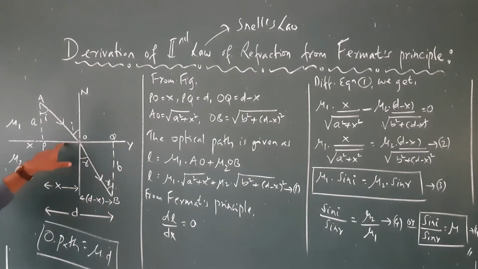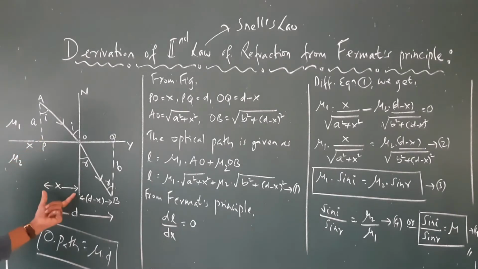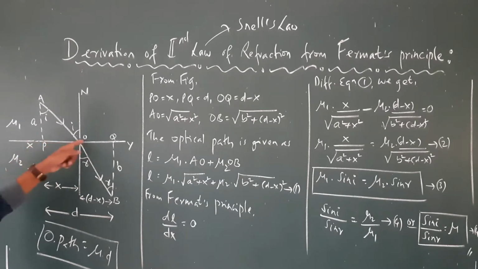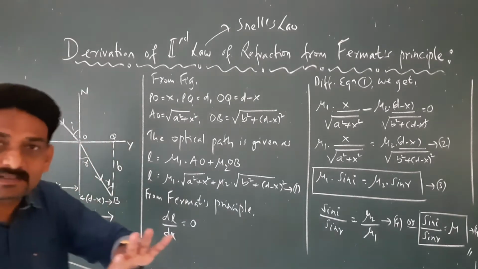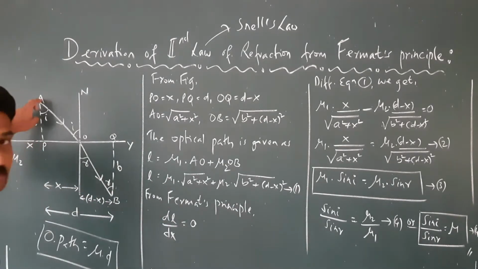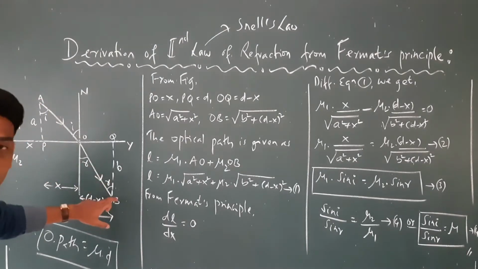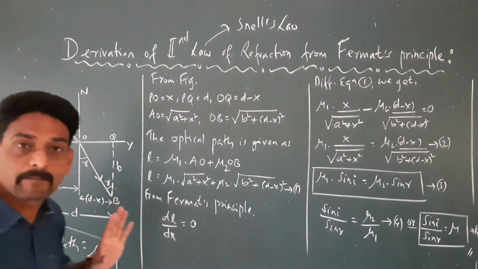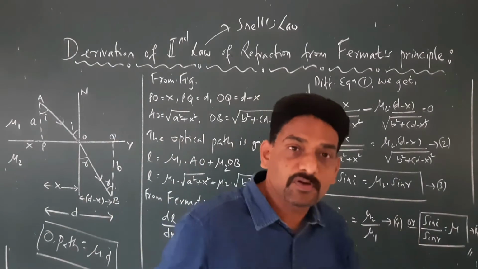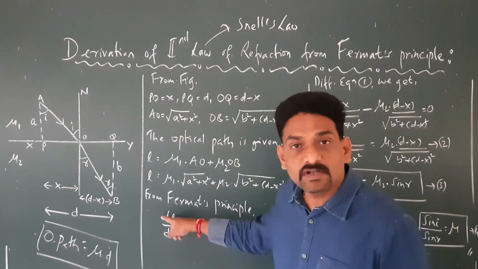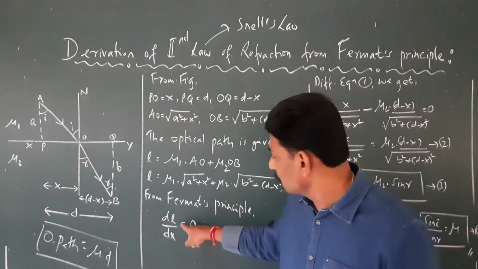O can change its position. If O changes its position, what does it mean? The value of x can change as O changes. Whereas the point A is fixed at a height of a, the point B is fixed at a height of b. Right? So therefore we say the differentiation of dl by dx is going to be